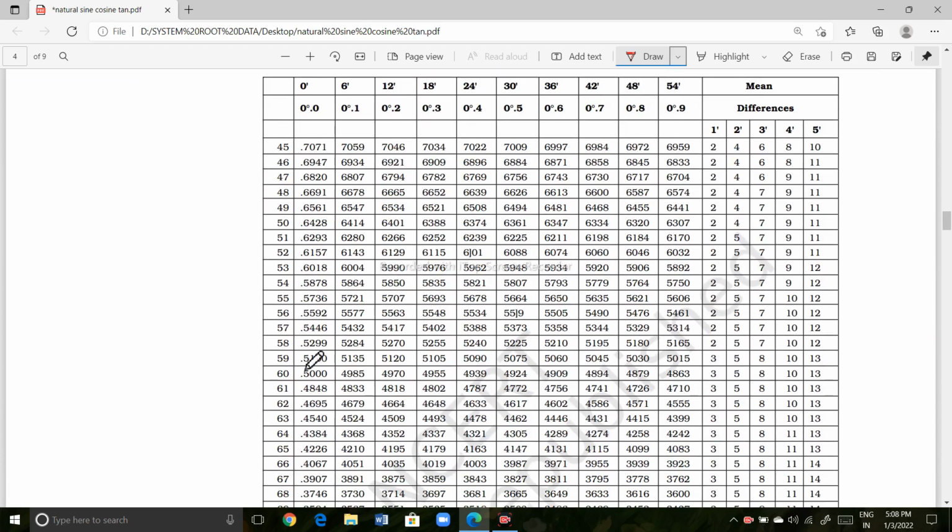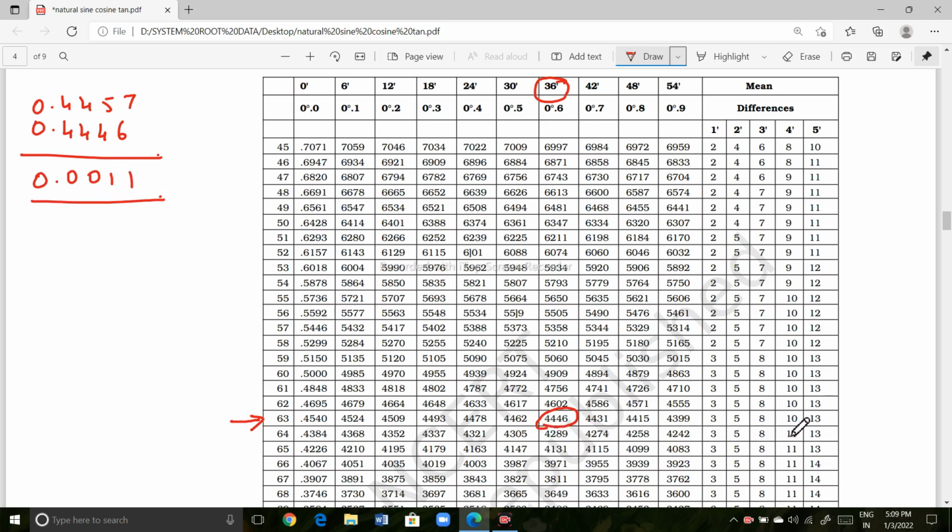Okay, here I can see 0.44, but we don't have 57, but we have the closest, which is 0.4446. And what are the corresponding degrees? 63. And clearly we can see the minutes, 36. So we got 0.4446, but what we needed was 0.4457. Again there is a difference, we subtract, and what we get is 0.11. So this is the difference, right? And 11 is the difference, and we go here.